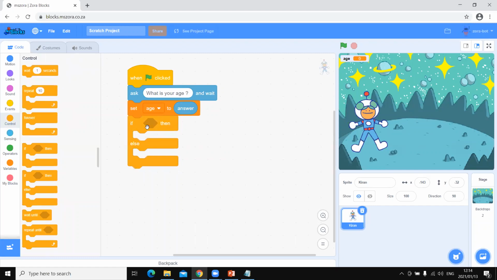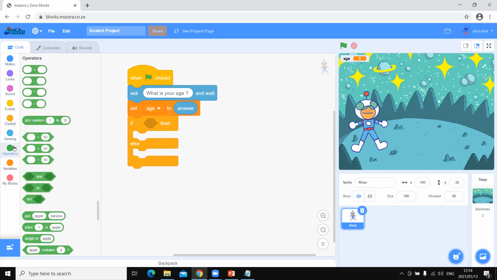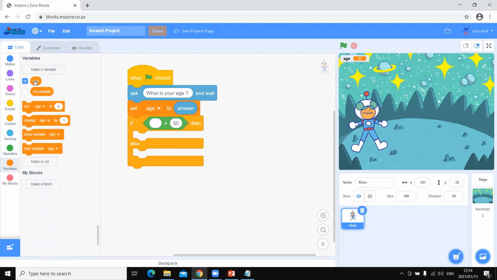Now I need to put a comparison here. Now you remember this special shape I was teaching you yesterday. Not anything can go in this shape here. For example, if I take this round shape and put it, it doesn't go. So I need to go and find this shape here. And where can I find that shape? There it is over here. Let's take the greater than shape. So if, go to variables, if your age is greater than 10,